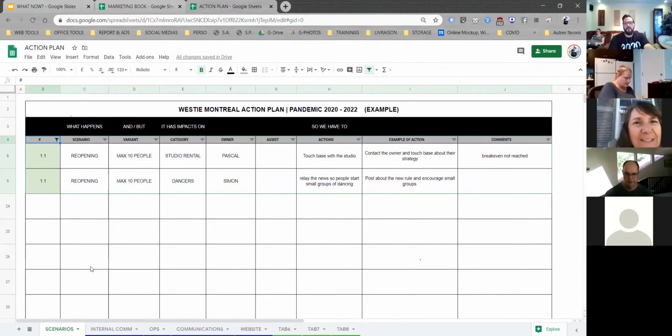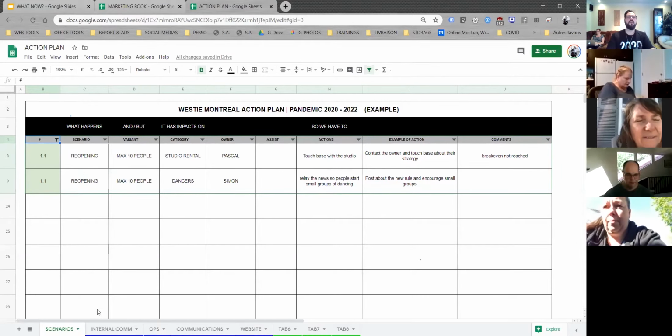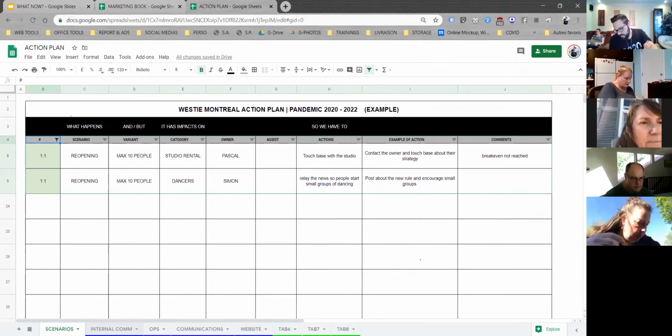So, as we get into bigger organizations, I want you guys to take a look at the tabs that I've created at the bottom. Larger organizations such as Liberty Swing or major events, right?